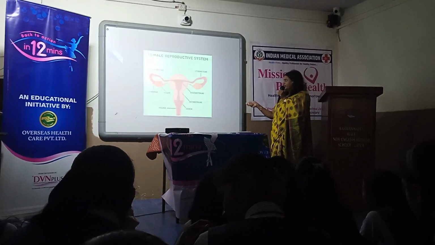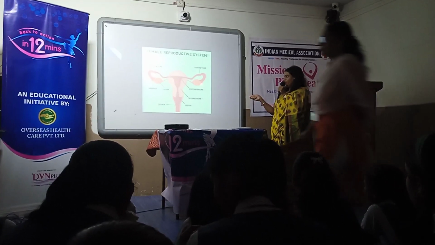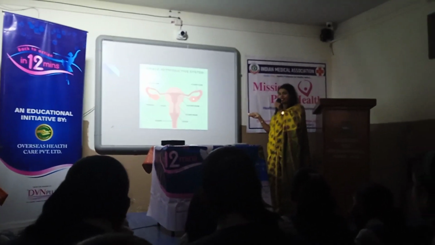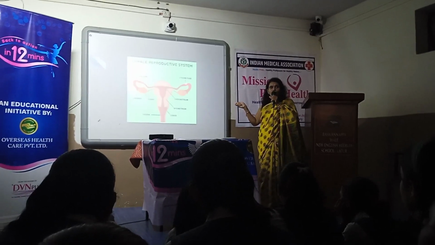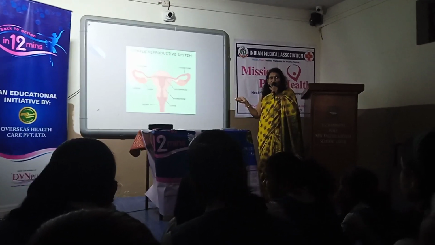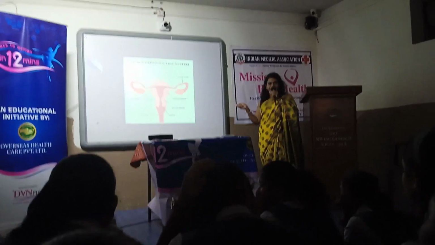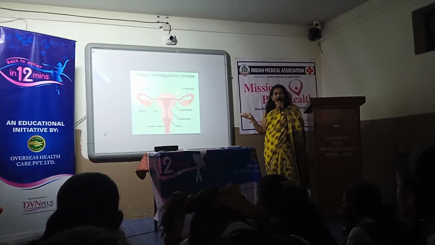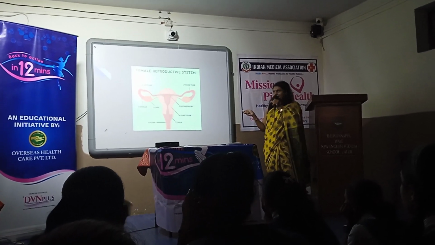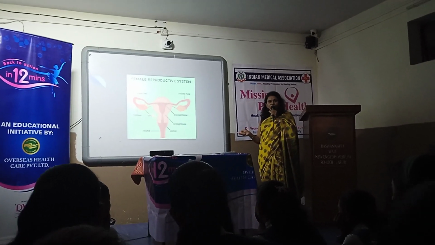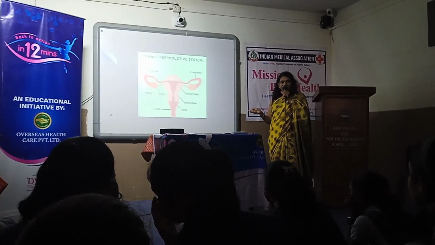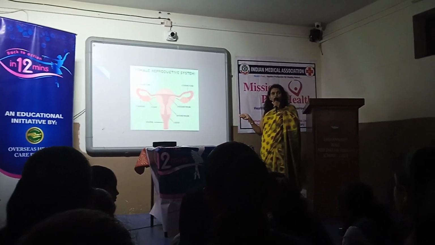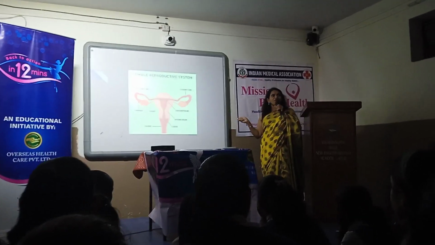When the ovum is shed from the ovary, it falls into the abdominal cavity, and by the activity of the fimbriae, it is taken inside the fallopian tube, and by the movement of the tube, it travels forwards. Now, when the ovum is inside the fallopian tube, it has two fates. Either it will come directly into the uterine cavity, or if there is pregnancy, it will remain in the tube itself for some time. All of you are understanding?